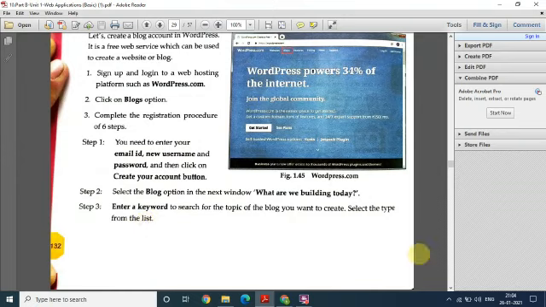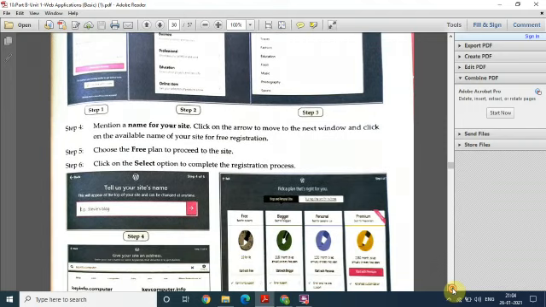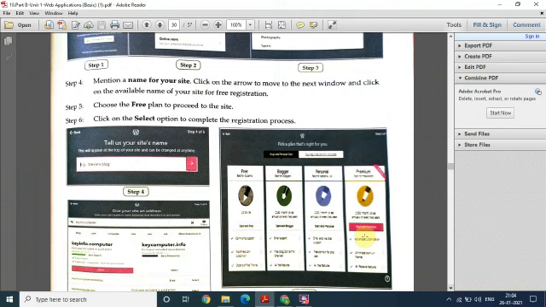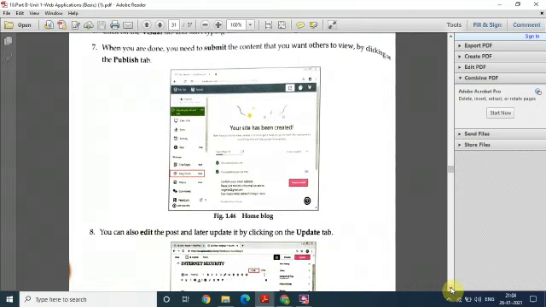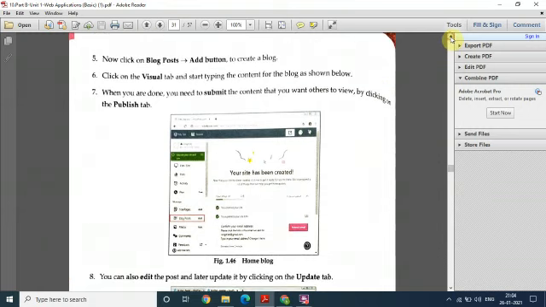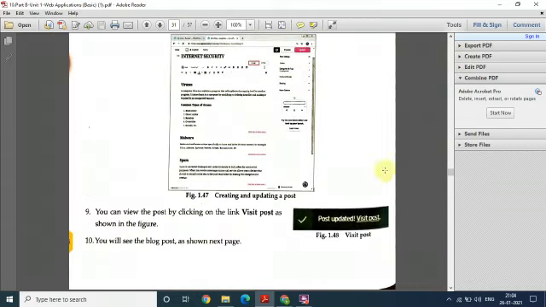Fine. Then you have to click on the keyword for the topic, whatever you want to give to your blog. Then there are the plans, different ones like free or paid. You can select any of them according to your requirement. Name you can give for your blog whatever you want to give. Okay. Then after completing all the registration process, you have to write your content. Then after writing the content, you have to publish it. Fine. Then this way you can update and create the post, and then finally you can submit it.